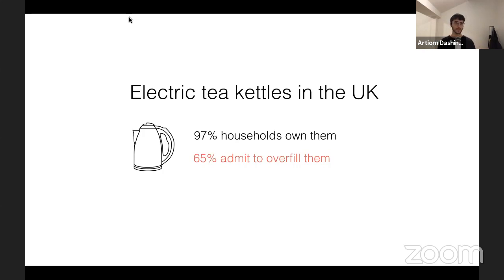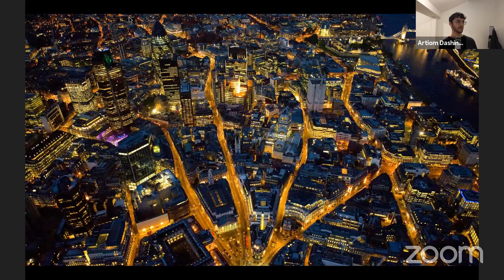And because it's happening on a national scale, it requires a lot of resources to boil water, because the electric kettle has to produce heat. So all of this wasted energy for the water that is not used is enough to light all the lights in the UK for a whole night.